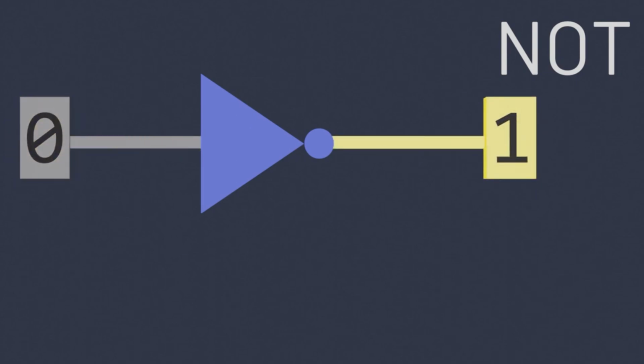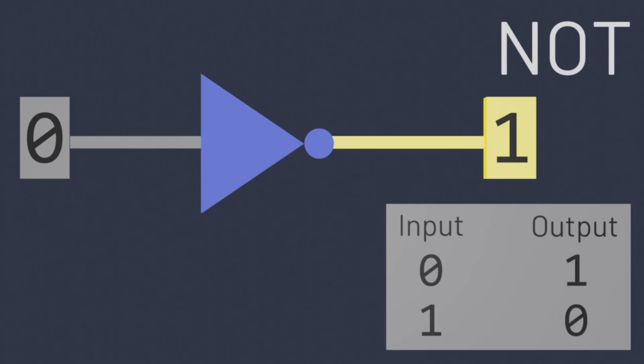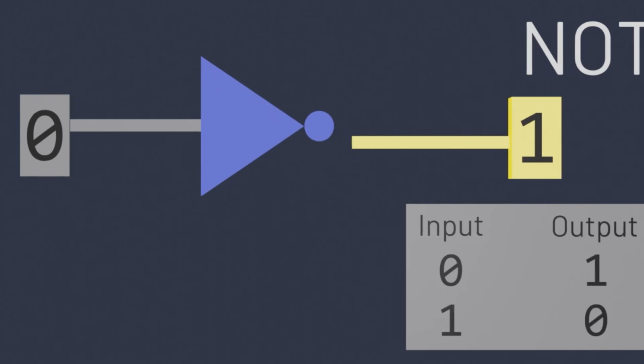To represent the logical rule this gate obeys, we can draw a truth table, which is just a way of writing down the rules for some logical formula. This table says that if the input is 0, then the output is 1, and if the input is 1, the output is 0. Often, though, our computers need to be able to perform calculations not just on a single